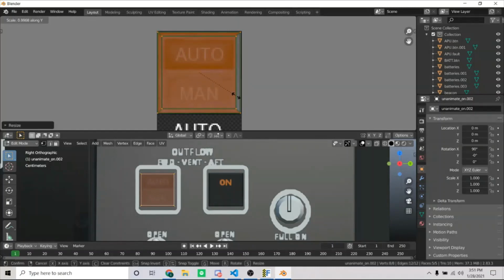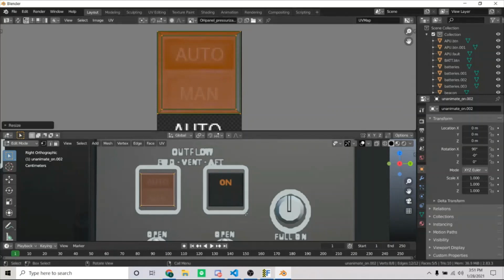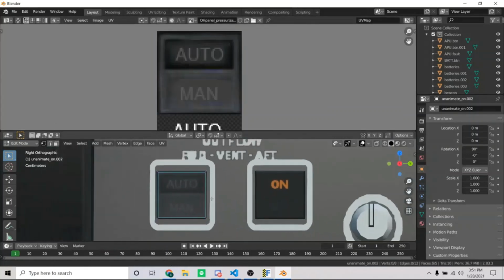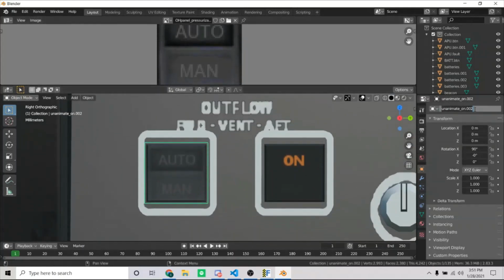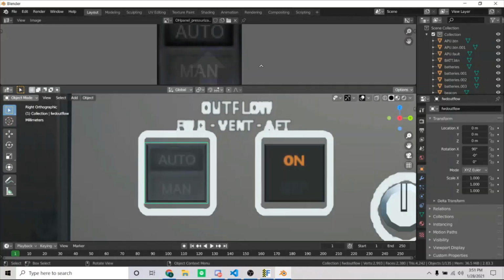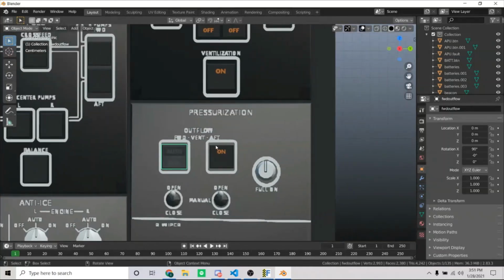It doesn't have to be perfect, but that looks pretty good. So that handles that. We can rename this object to something more logical. So maybe we'll name it forward outflow or something like that. And so next we need to do the indicators, and we're going to do that by